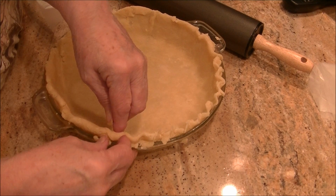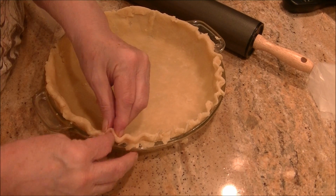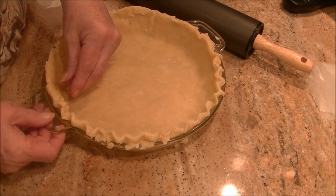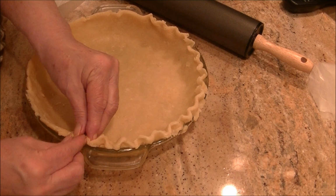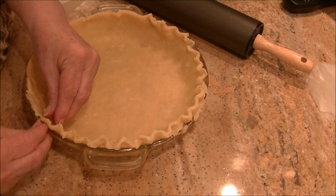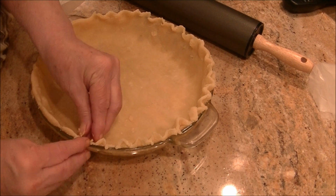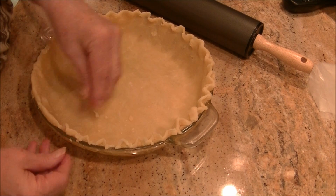My gosh, this is easier than I thought. There we go. Well, we're about 2/3 around this pie. This is where I run a little short here. Whoops. But we're just going to keep flipping and doing what she said. I'm a little short here on this side. I'm sorry, but you can see how easy